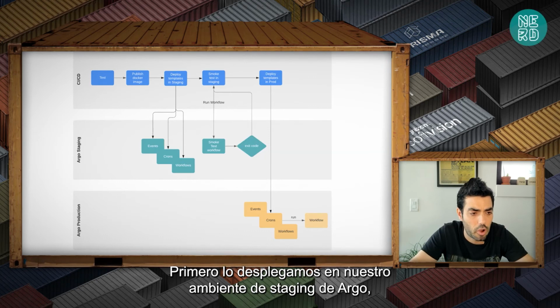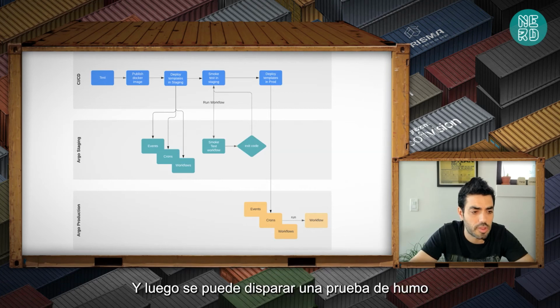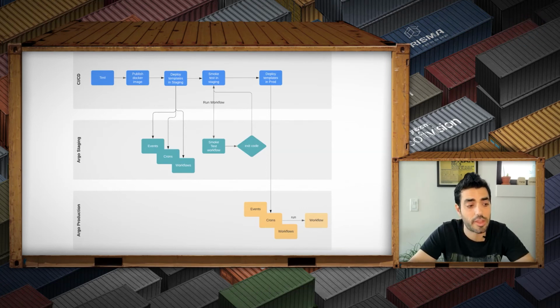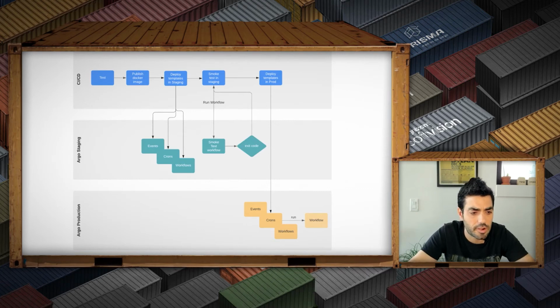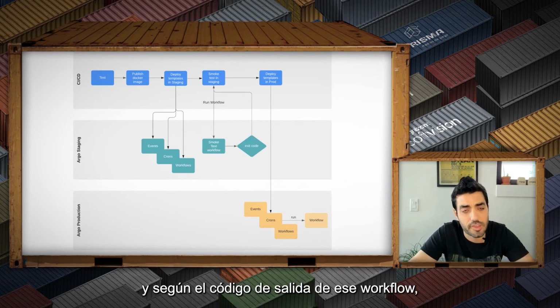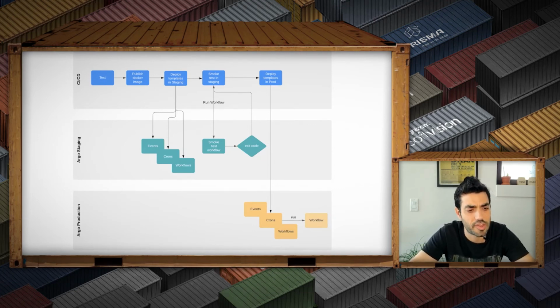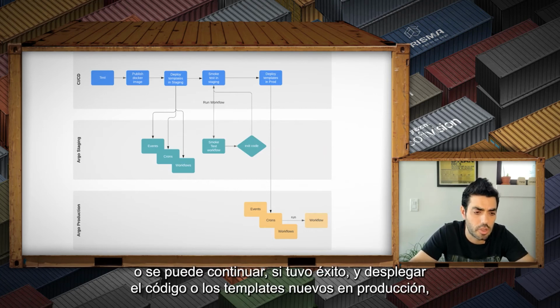We first deploy it into our Argo staging environment, deploy the different workflow templates, clones, whatever. And then you can fire up a smoke test that would execute a workflow in that staging environment that would run on your test data to test the changes in that data end to end. And based on the exit code of that workflow that you can then parse in your CI/CD process, you can either halt the process or the deployment to production, or you can continue, if that was successful, deploy the new